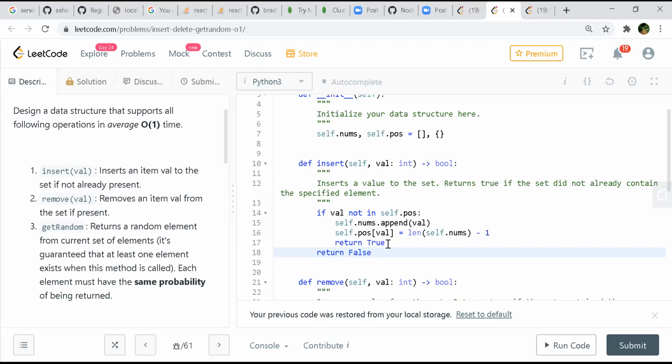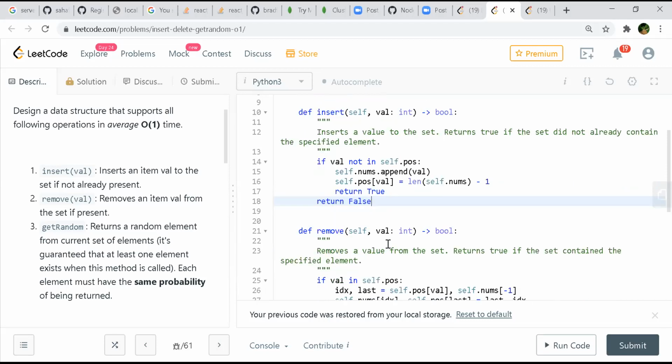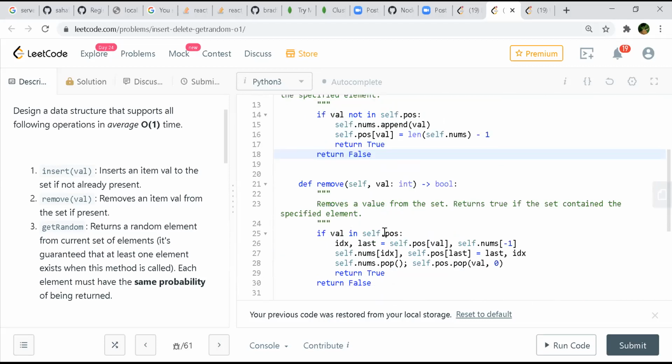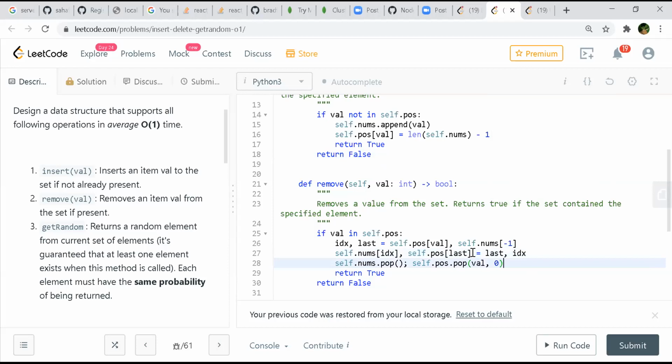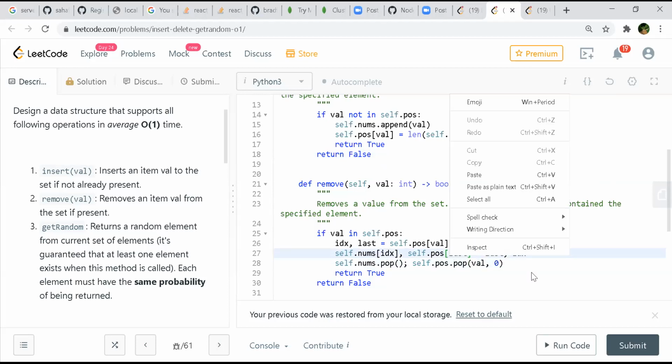Not present. Yes. And regarding the remove, first I'll check whether that element is present in my map or not. If it is present in my map, then I'm getting the index from the hash map of that particular value, and the last element of the array. At that particular index, I'm putting the last element, and for the last element I'm putting that index.